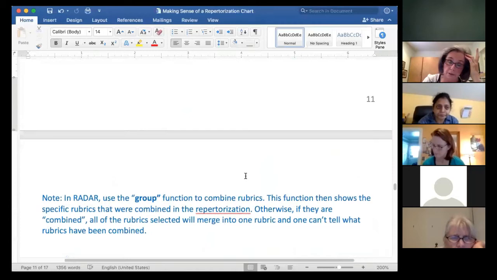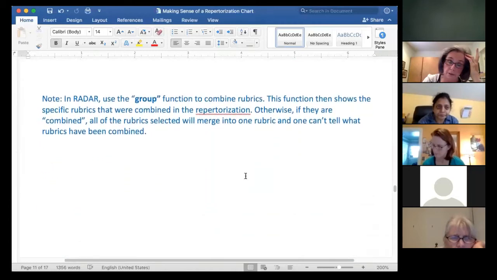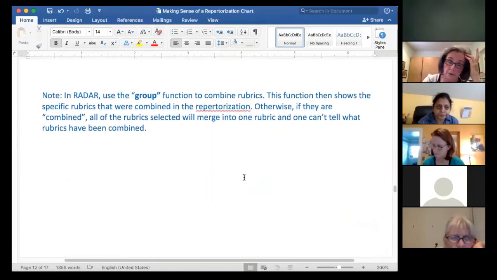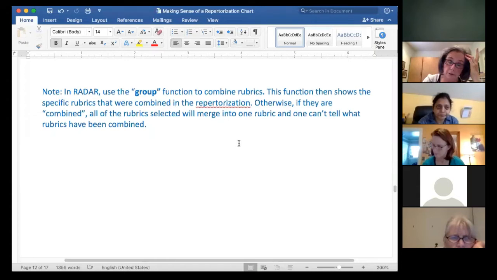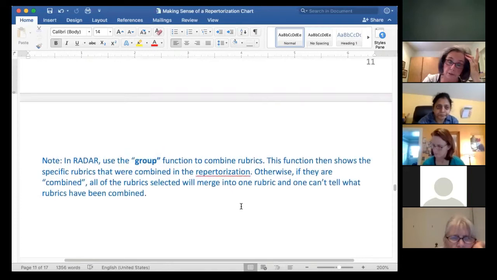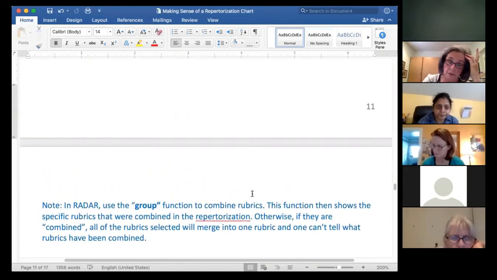So one thing, if you're a radar user, and this is true for Mac Repertory, but I'm not familiar with Mac Rep, so I don't really know how to combine rubrics there. But there are 2 functions in radar. One is a group function, and one is a combination. You want to use the group function, because going back to this repertorization here,